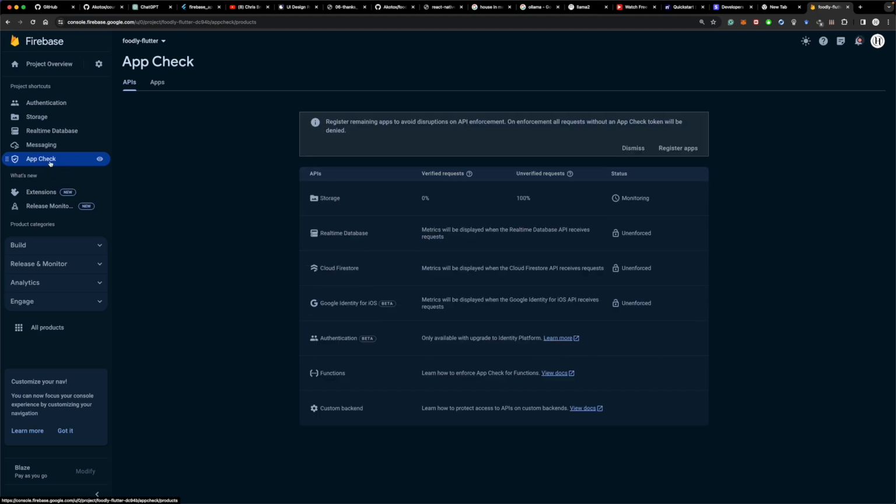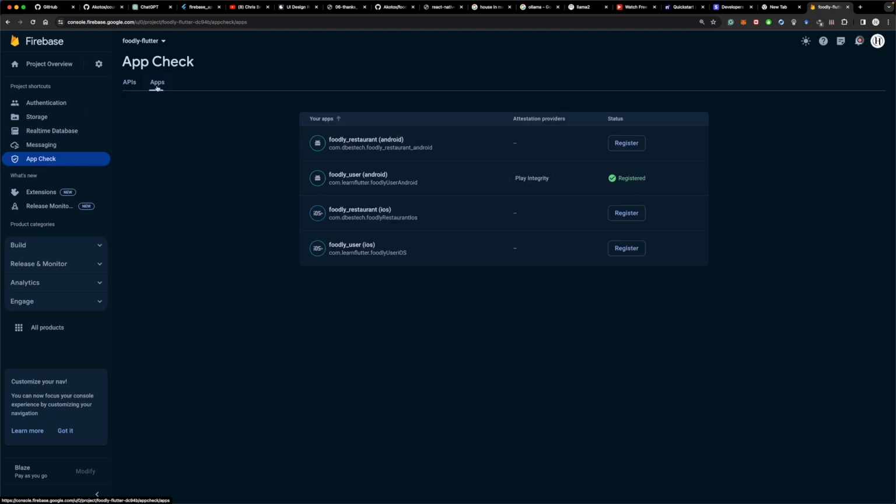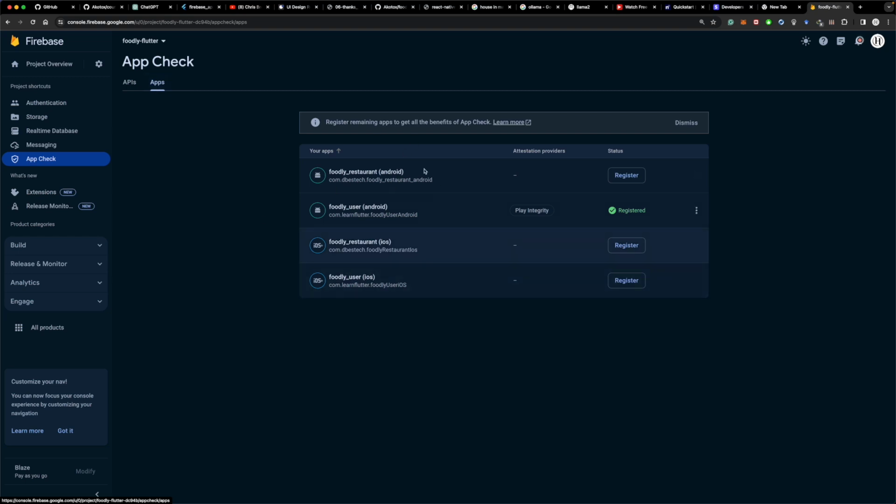App Check, not app checker. And you need to come to apps. Okay, so you have your apps over here. So for Android, this is what you get. So you need to register your application. After registering your application,